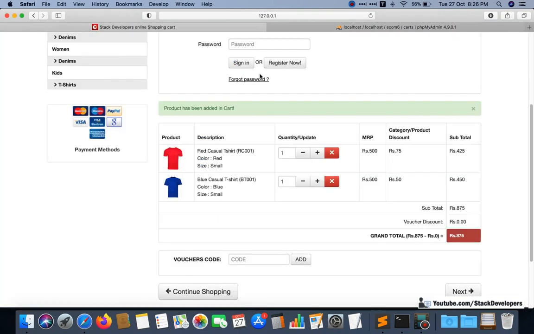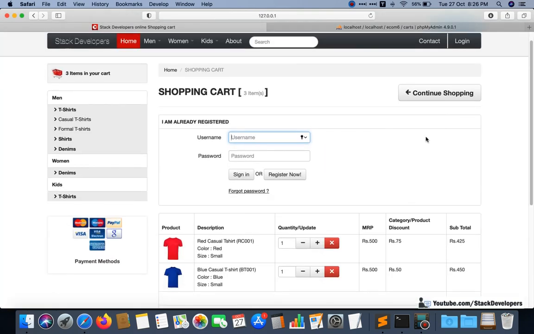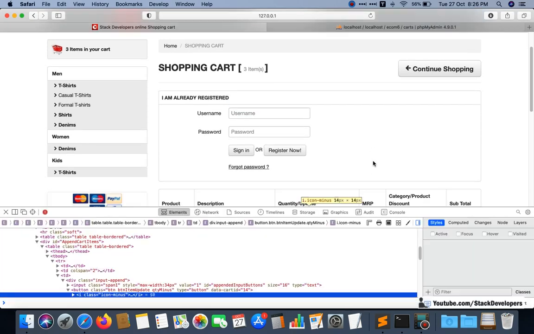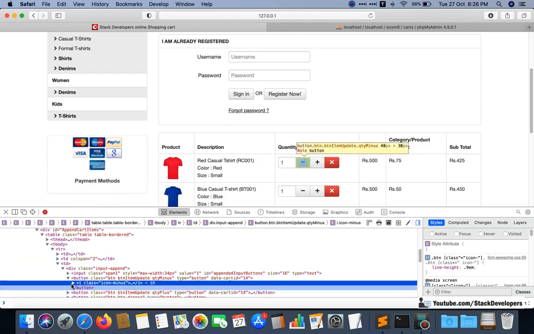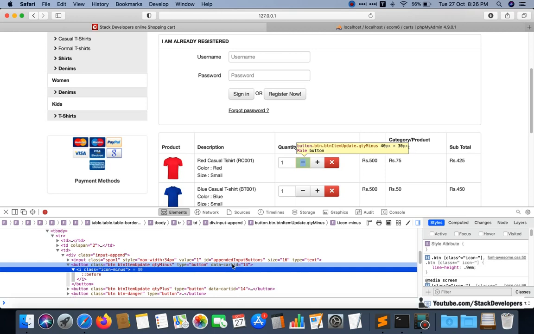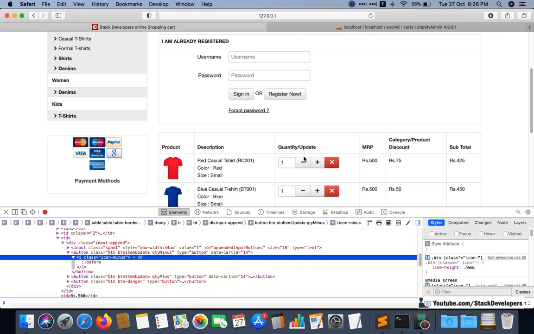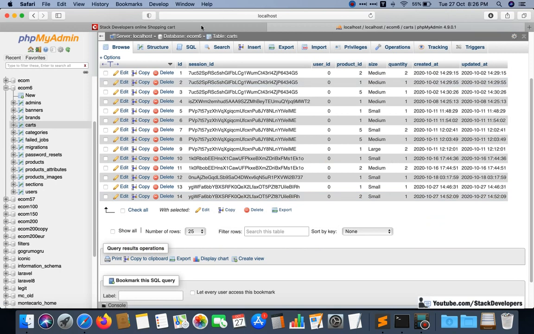So I'm going to refresh. We'll check the IDs now, like inspect here. You can see the icon minus, and here you can see the data card ID 14, and both are 14 as this item belongs to card ID 14.